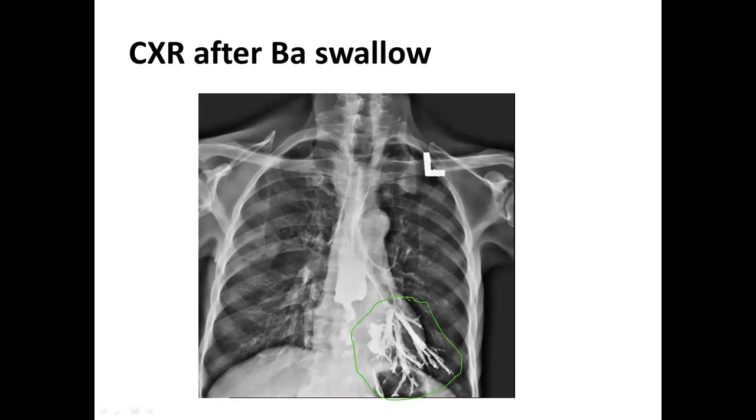We see the bronchial tree is completely opacified with contrast, which was supposed to go through the esophagus. And the lower segment of the esophagus is narrowed with some irregularities within it, mimicking malignant processes going on. And this is the reason why contrast came back and found its way into the